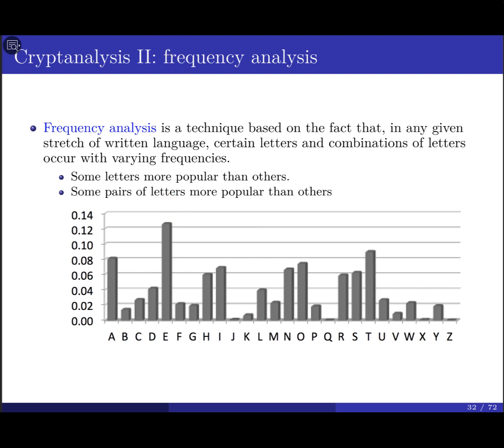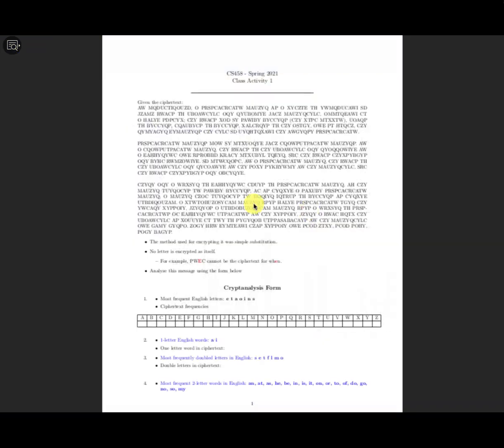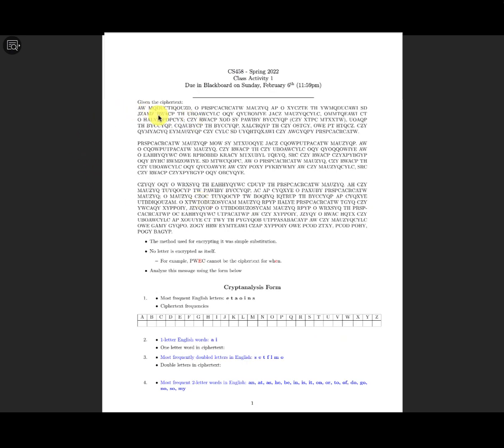So just to begin, let me show you here. I'm going to give you this. Then after that, I want to go to the class activity here, something like this. Okay, so I give you this ciphertext. It looks like something like this. I give you the spaces, so you see that this is the second word, this is the third, this is the fourth, this is the sixth, etc. Then I want to ask you to perform this operation.